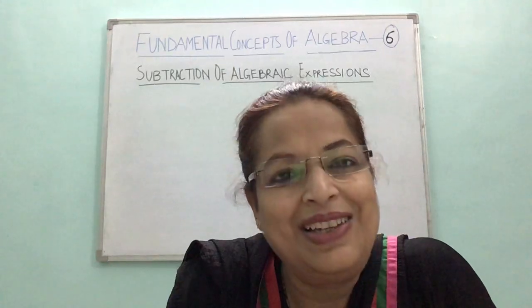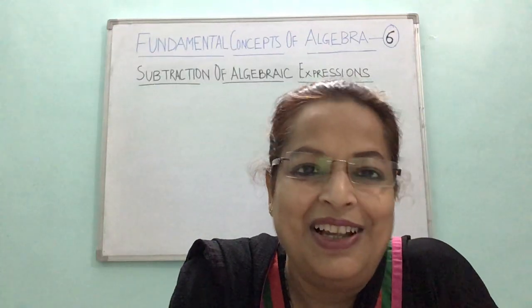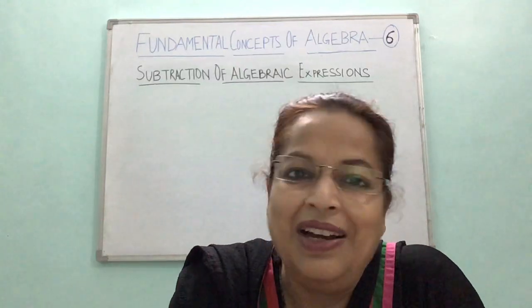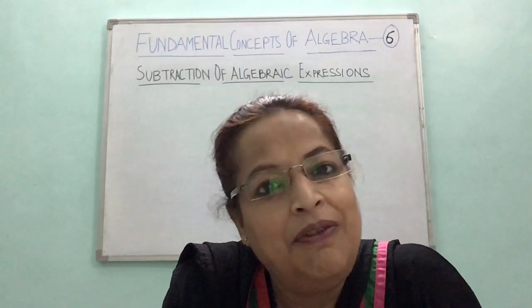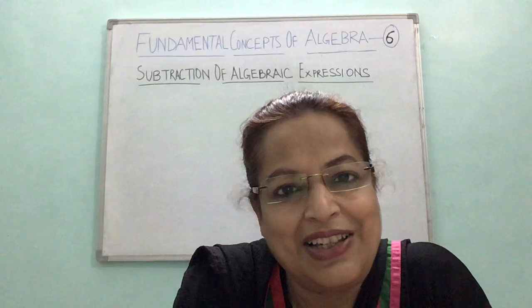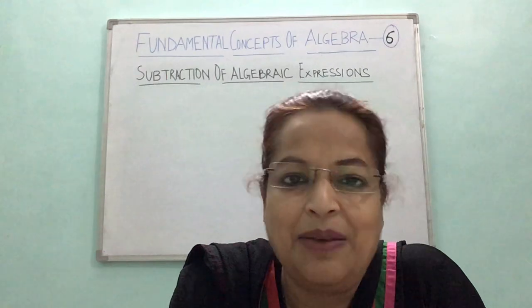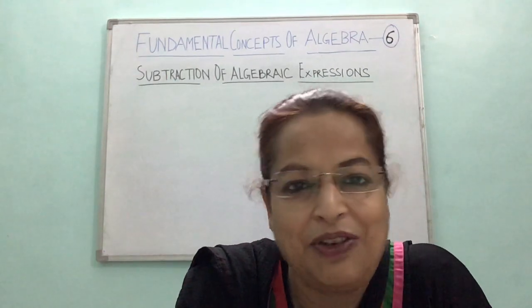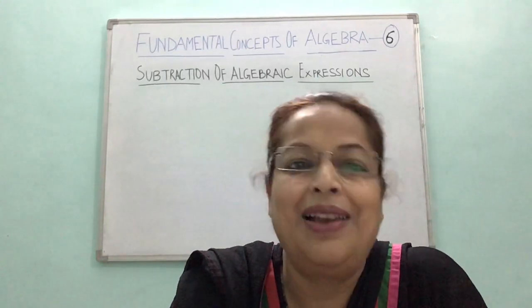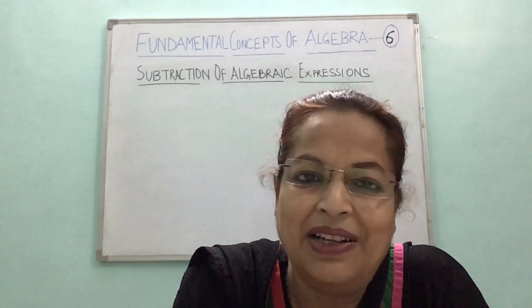Now subtraction is just the same way as we do subtraction of integers. Subtraction in algebraic expressions is the same as subtraction of integers, and the rule of algebra is also the same. We can only subtract like terms, right? Since you have done the exercise on addition of algebraic expressions, you are now very clear that only like terms can be added or subtracted. That's the thumb rule for addition and subtraction. We cannot add or subtract unlike terms. So only like terms can be added or subtracted, and subtraction rules would be the same as the integer rules.